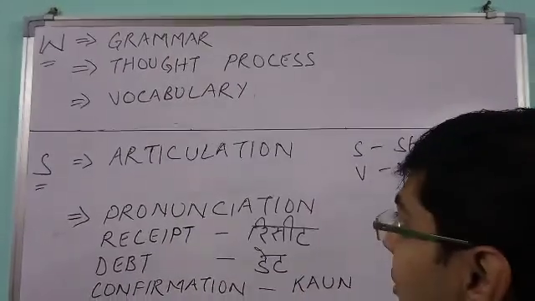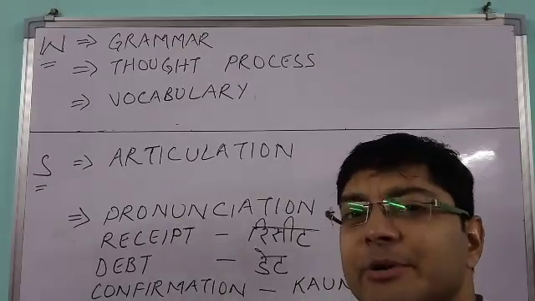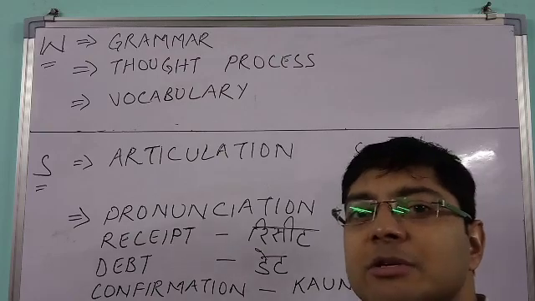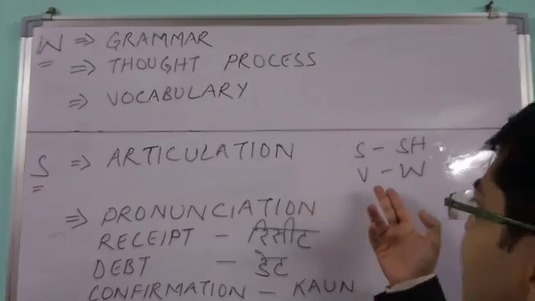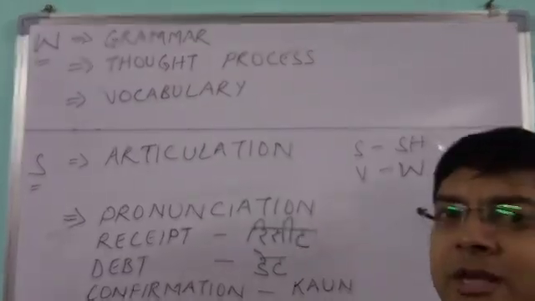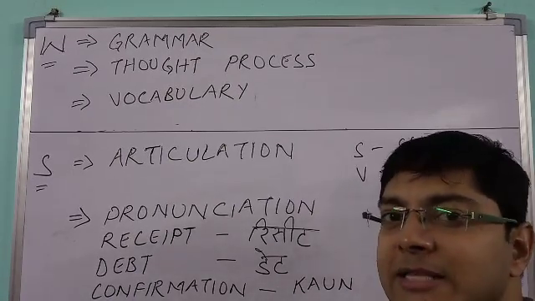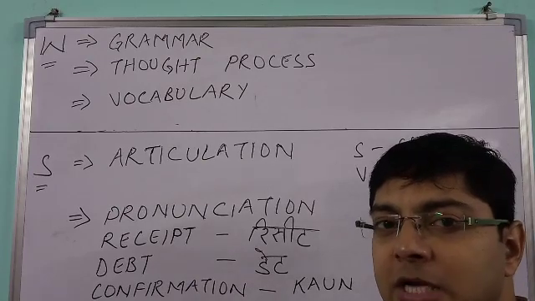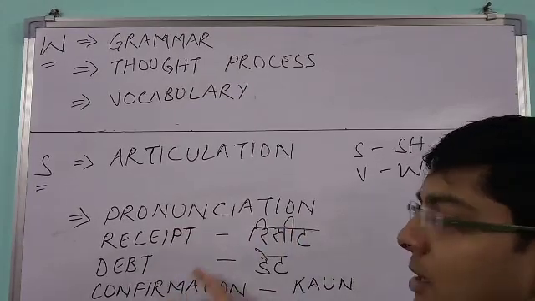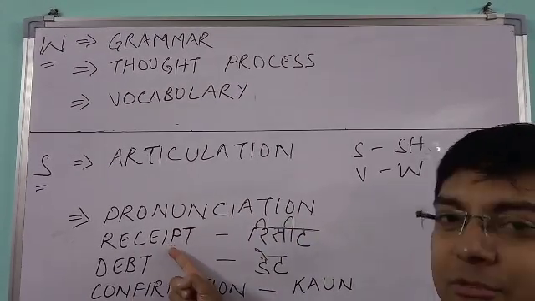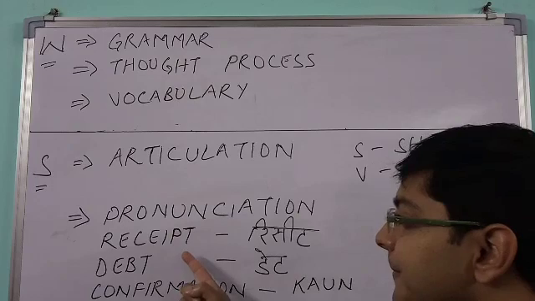Moving on to speaking, the methodology we follow, we focus on articulation. What is articulation? Articulation is the art of producing a specific sound. So we'll focus on sounds so that our pronunciation becomes appropriate. Some people have difficulty in sir and sure words, some in ver and were words. So we'll try to focus on that to get the pronunciation in place so that you don't get docked down in your speaking assessment. We'll also focus on pronunciation. As you can see some words here, how do a lot of people generally pronounce this word? I've heard them say receipt, which is incorrect.